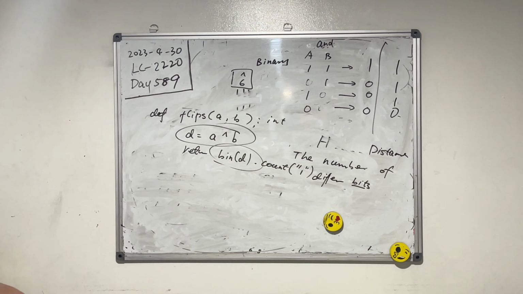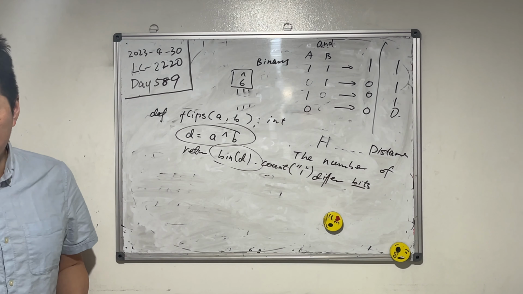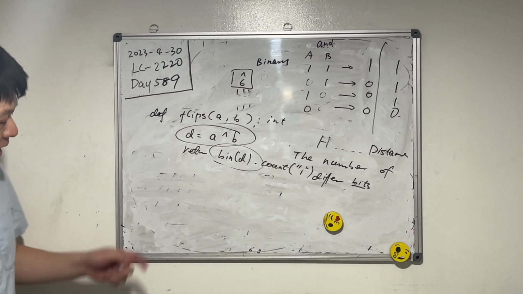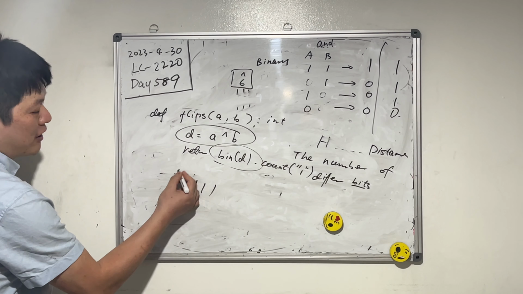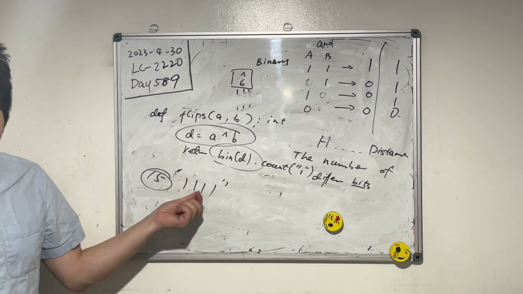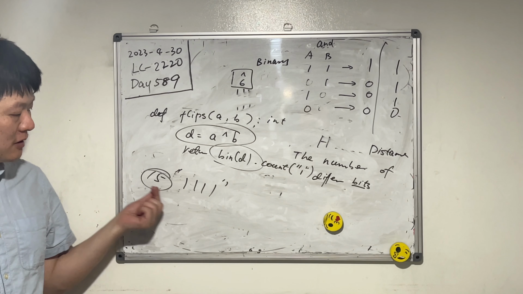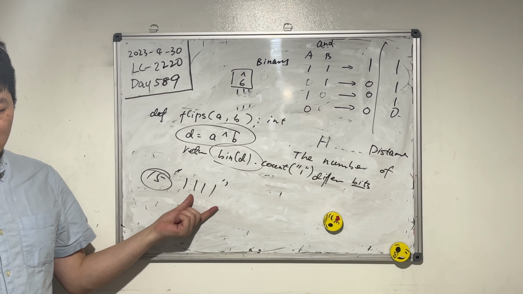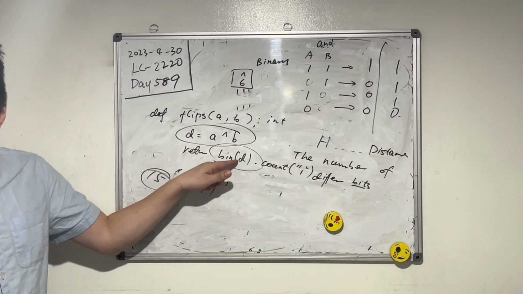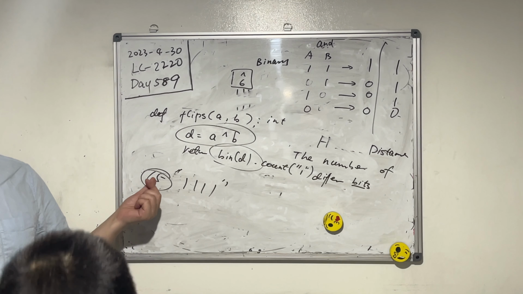Of course, we have this D, so how do we calculate? How do we count the number of ones in the binary? Right? 15. How do we know this is 15? How do we calculate that the number of ones is 4? This is the integer. This is the binary. There are quite a few ways, right? One way is using this bin, right? 15. How do we know it's